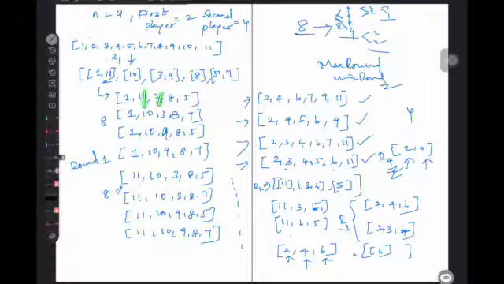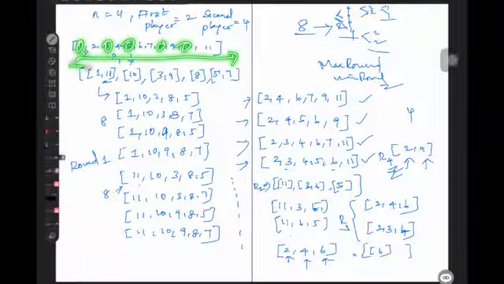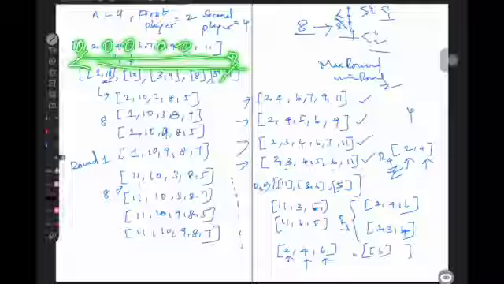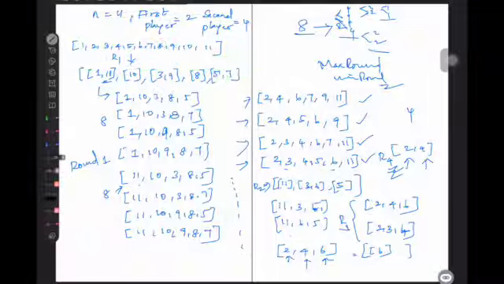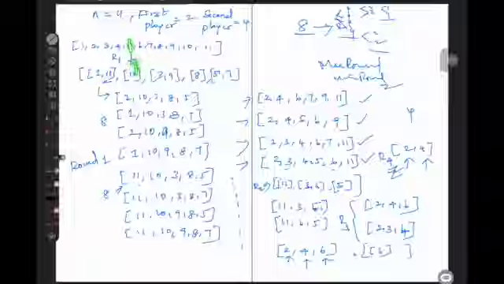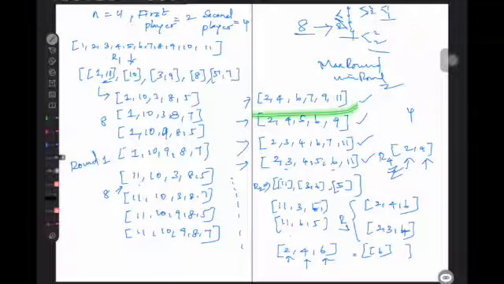For example, 1, 10, 3, 8, 5. Initially all these bits will be 1, 1, 1, 1. Now I'm going to set this bit to 0: 8, 0, 10, 0, 3, 0, all these 0. Like this I'm going to set, and once I set these bits, whichever bit is 1, I'm going to take it as a current player.